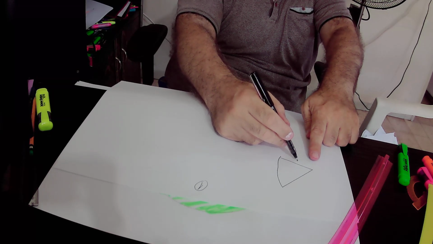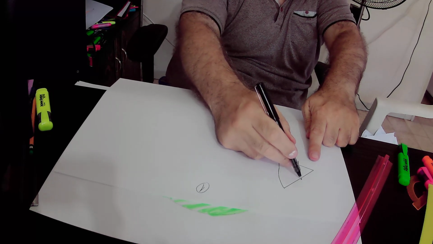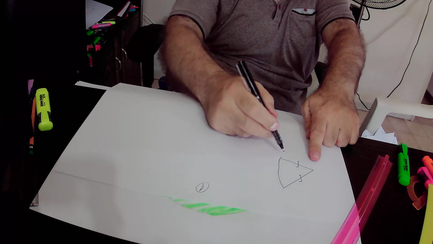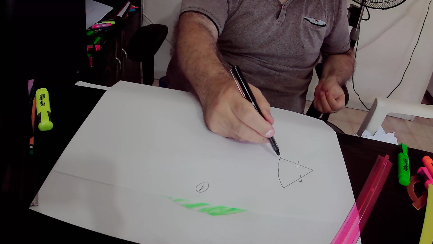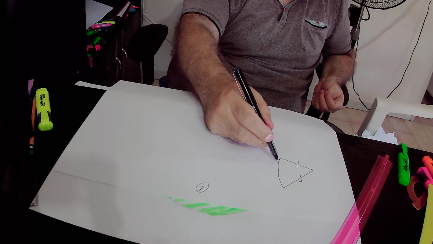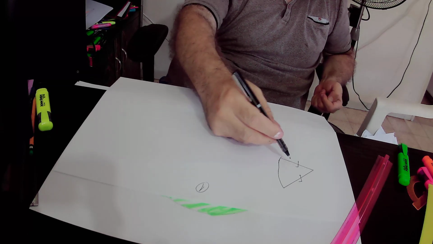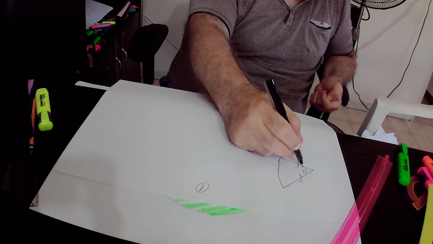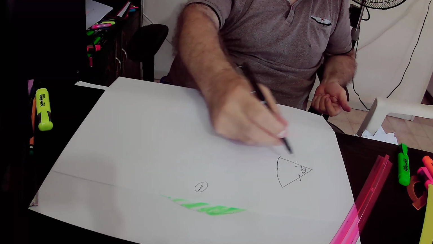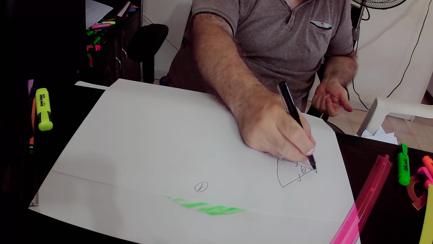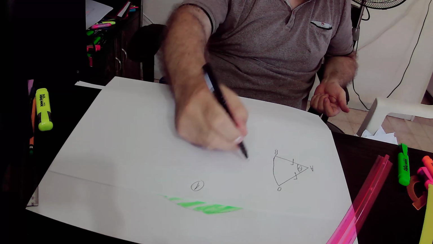So if the radius of the circle is r, then the two legs are both the radii of the circle that consists the sector, and the angle between the two legs, or the two radii, is theta. Then the area of this sector,